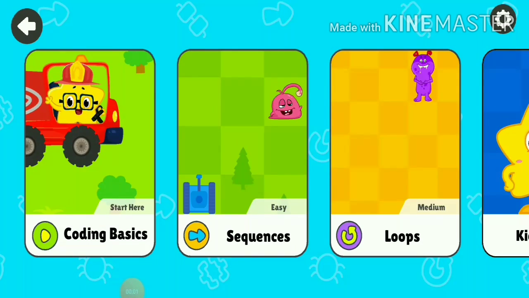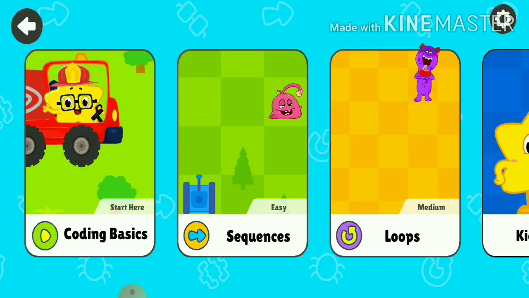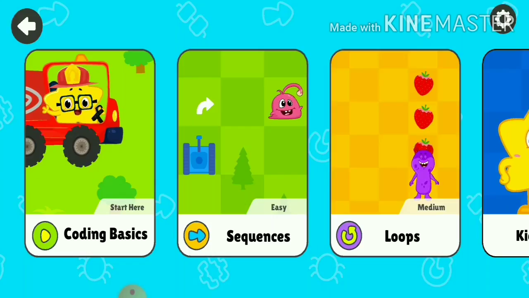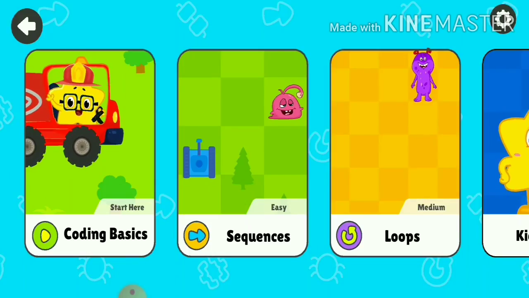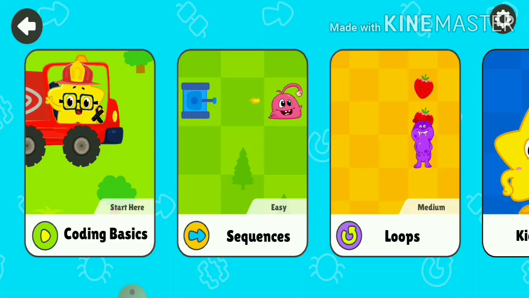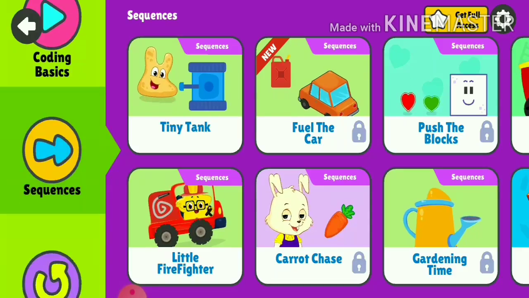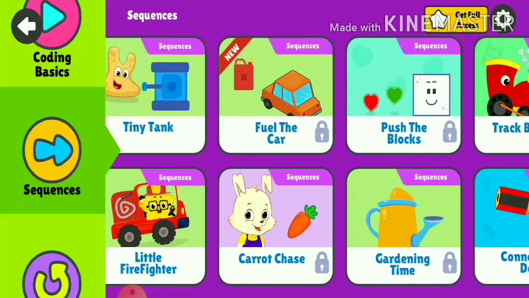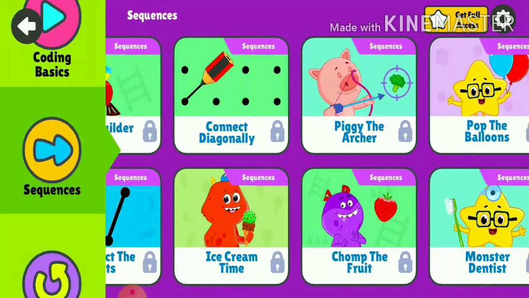So kids, we are starting with another level of our Kidlo coding app, and that is sequences. The Coding Basics level, which contains 30 levels, you all have completed, or most of you have completed. Today we'll begin with sequences. Just tap on sequences. Here we have various levels, but you can see that a lock symbol is present on many